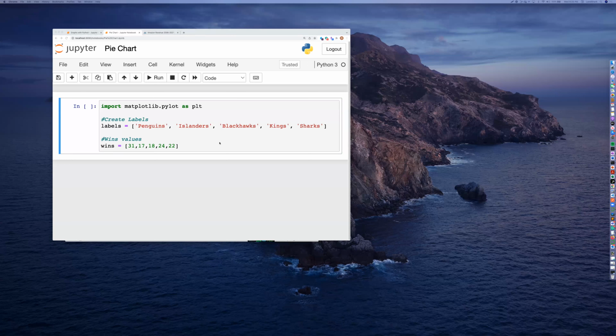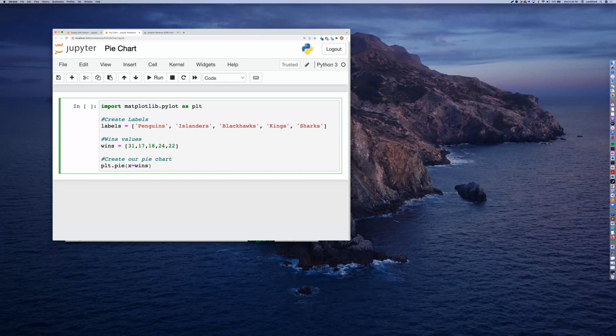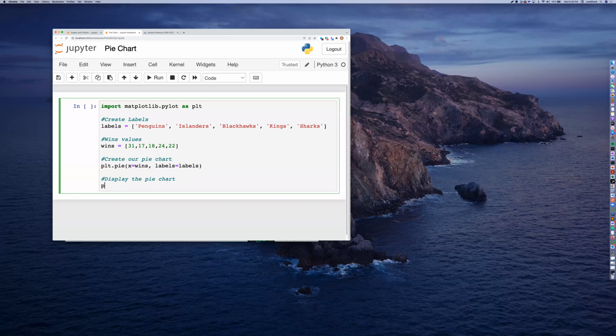All right, so we got wins values. Cool, boom, good. Now we could create our pie chart with the values. So we could do plot.pie, and then we could say x equals wins, which represents the wins, and then labels. So labels equals labels, and that's it. And then we could display the pie chart. So here we could just type in plot.show, and we could run it,